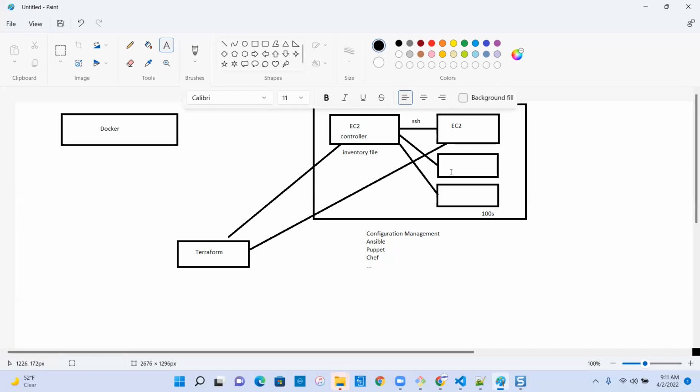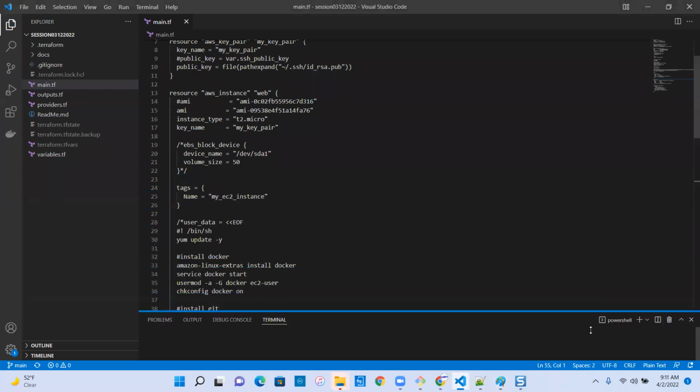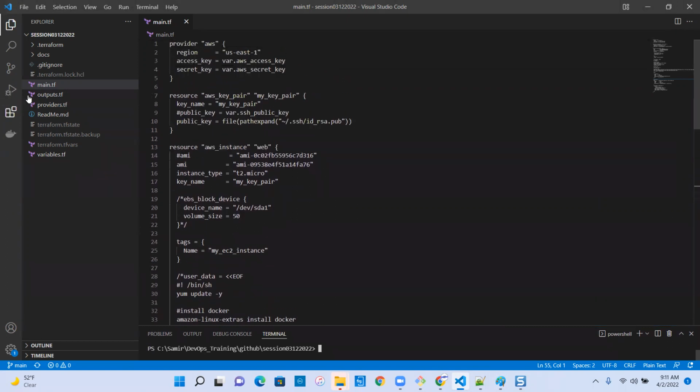First of all, we want to create the second EC2 instance, right? This one. Let's see how we can do it with Terraform real quick. I am going to minimize this. If you look at this main.tf file, what do we have? We have a provider specified over here, which is AWS. We have the resource AWS key pair, okay, which says,